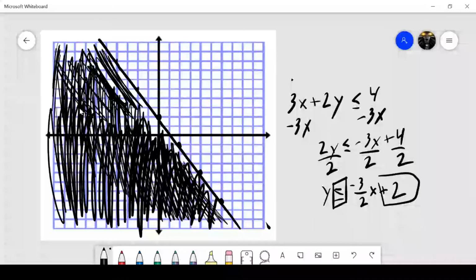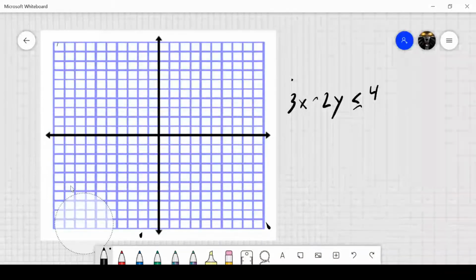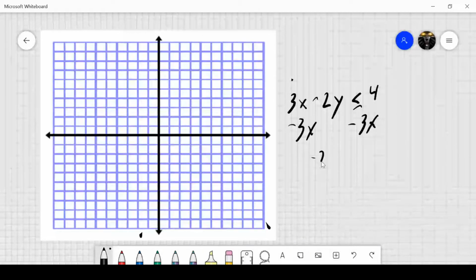Now, one thing to watch for, guys. I did this kind of intentionally so I could bring it up later. Let's take a look at this problem, but let's change one or two things. Notice I changed the plus to a minus. This is actually going to change a lot more than you think. So same kind of steps, minus 3x, negative 2y